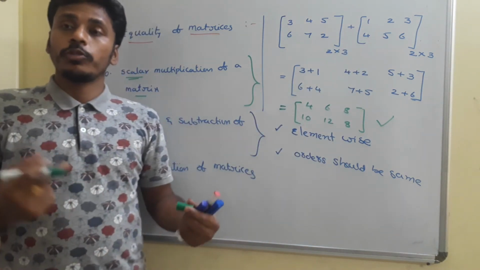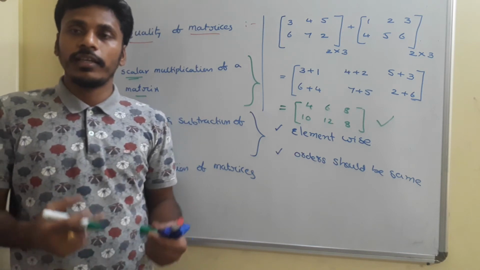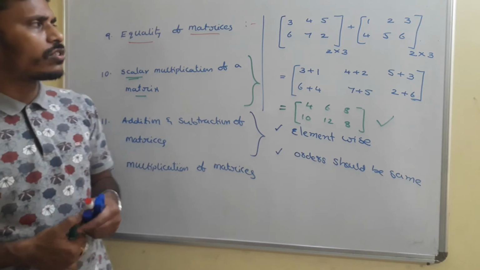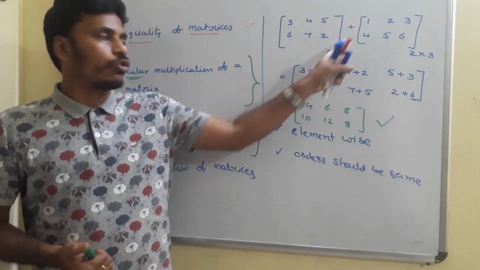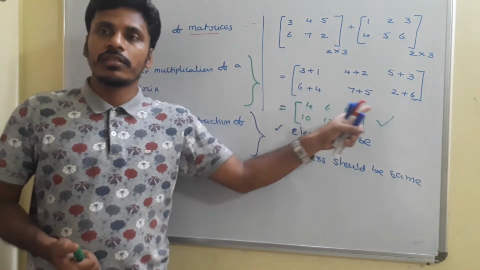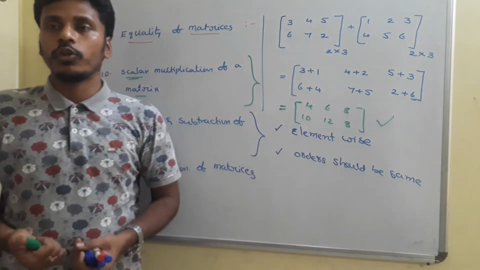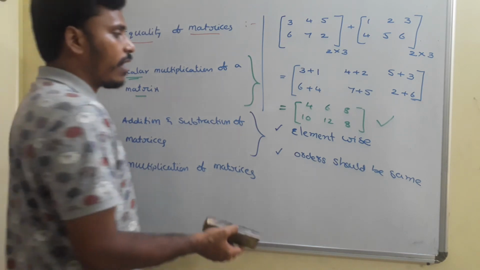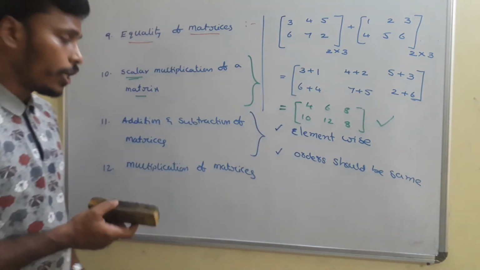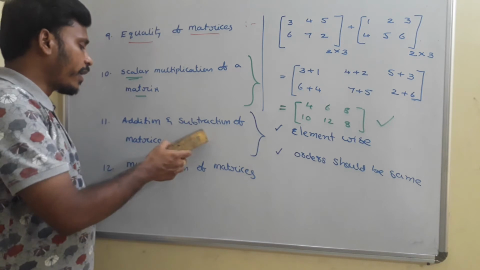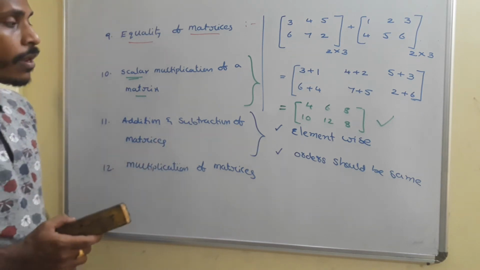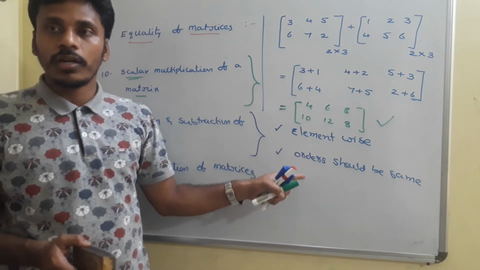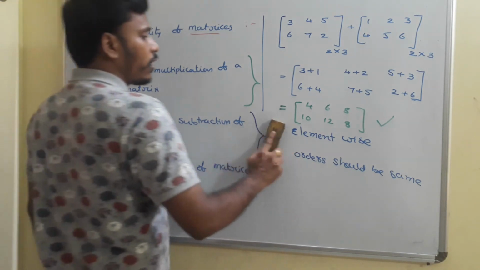Addition is possible element wise. Subtraction is also in the same pattern. If we use a minus sign in between these two matrices, you just use the minus sign between the corresponding elements, and accordingly we get the resultant matrix. I will give you one more example. Just have a look. For the space concern, I will erase this. You just memorize it. Addition and subtraction of matrices is possible: first, element wise, and second, the order should be the same. You need to think about the orders, and then search for the corresponding elements.